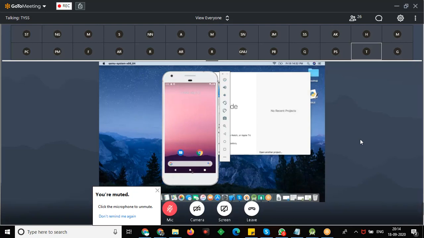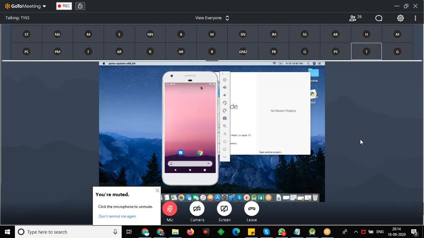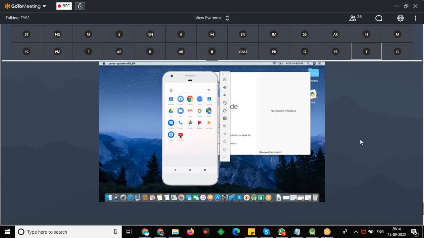The same way you can use the application here also. You have to swipe up with the mouse to view the app drawer. See, after some time it opens, it takes time, so you should have that much patience. So you can open any application.